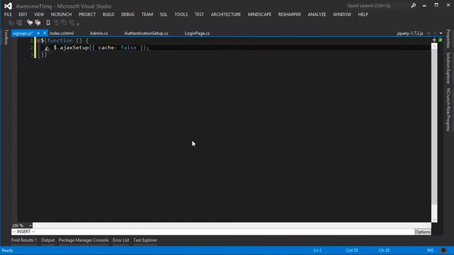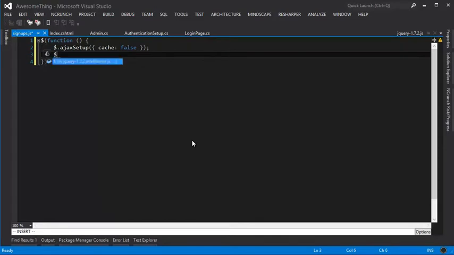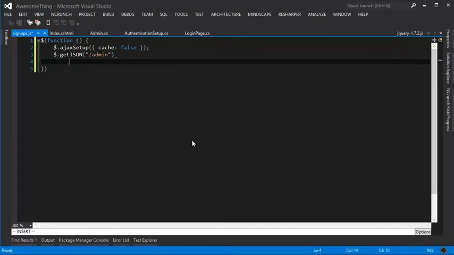We're going to disable it at the Ajax level, and then we're going to say $.getJSON, and we're going to go straight back to /admin. So we're going to the same URL that we came from, but this time we're, rather than asking for text/HTML, we're asking for application/JSON, and then if that succeeds, we're going to call another function,